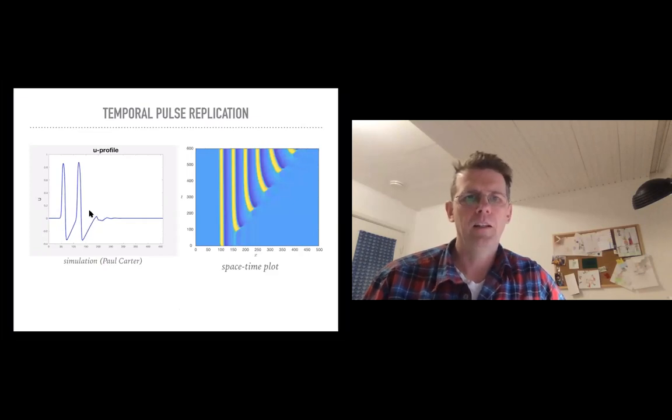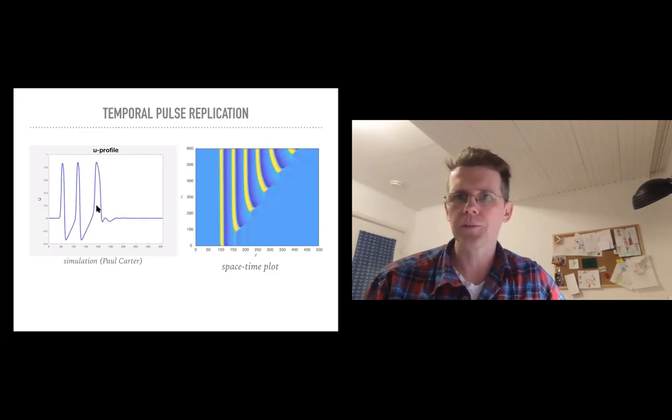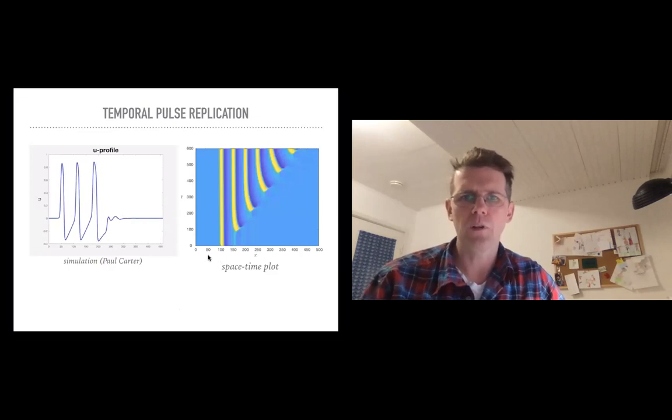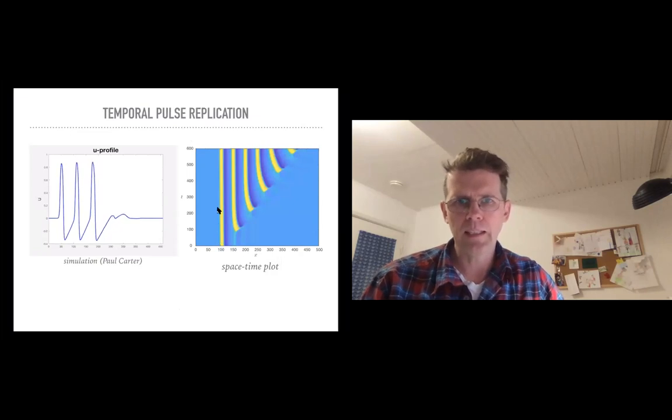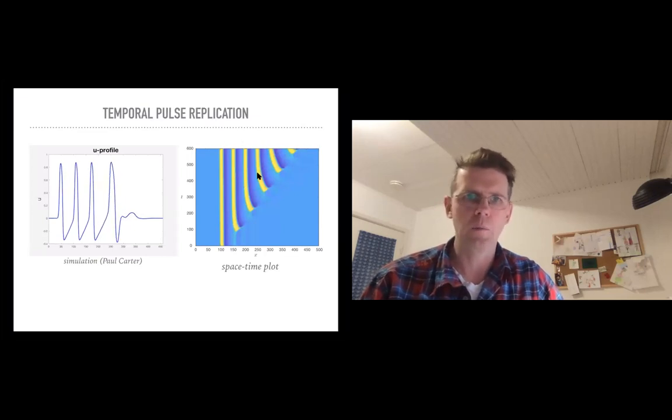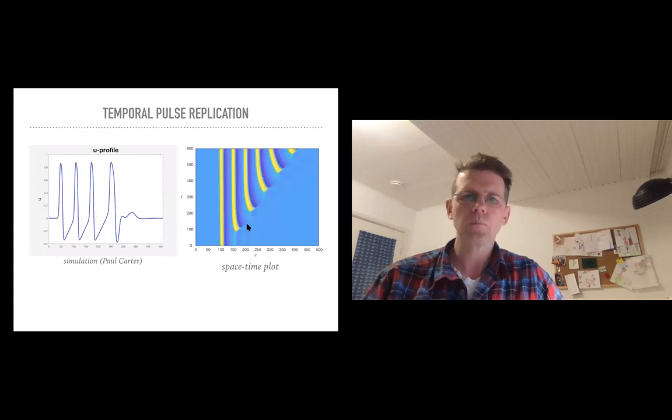And then a moment later, there's going to be yet another of those large pulses growing until the domain is filled. And this is more easily visible perhaps in the space-time plot here on the right, with space horizontal, time going up. And this yellow line here, that is this primary pulse, which is leftmost in the simulation. And then there are these other yellow lines coming up, which are the other pulses that emerge in the simulation run. And this is actually happening along another line here with a certain speed.